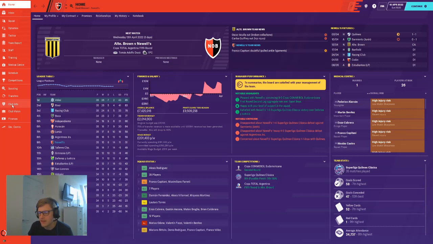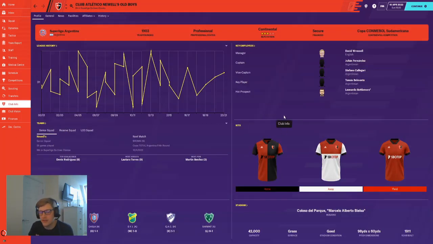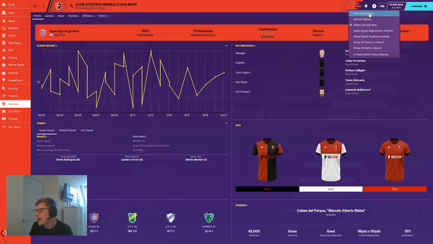But when it eventually decides to load, you'll see I can still click the option in the top corner, but it will change slightly. So I might see different options. I'll see things about the kits, for example. So it's a bit more unique or specific to the club itself. So I go into here, I can edit my club details, kit details, allow licensed kits. So it's good if you're playing in the lower leagues in the EFL. In England, you're going to have the licensed kits anyway, whereas on these ones I've actually had my own specialised